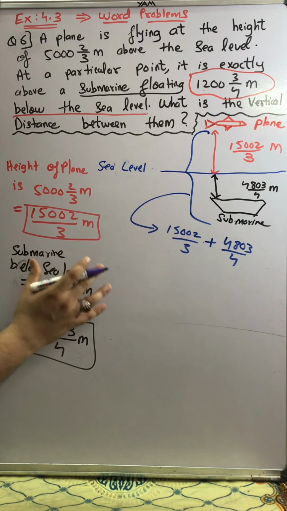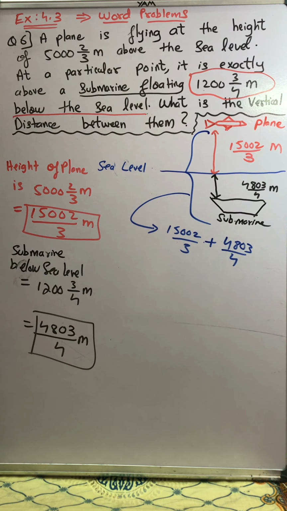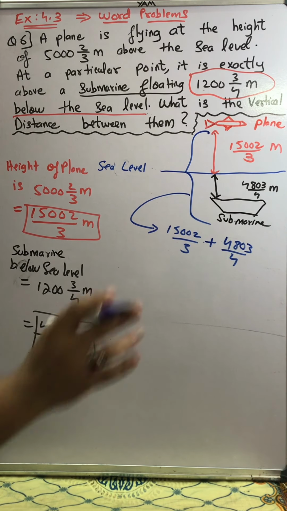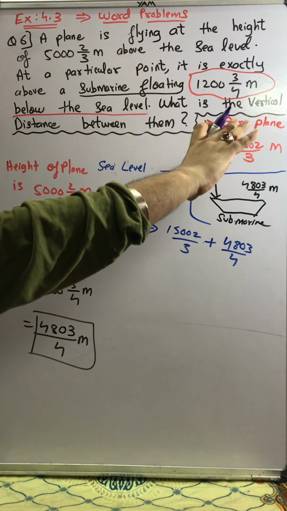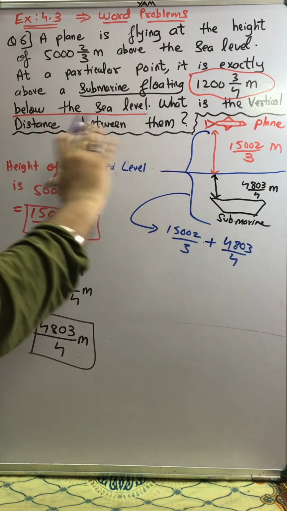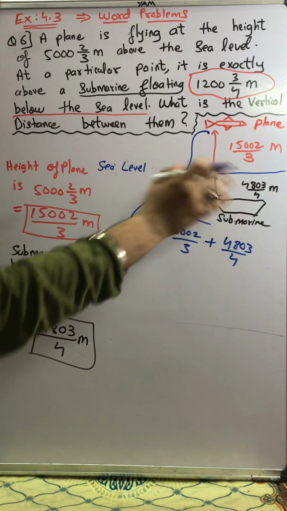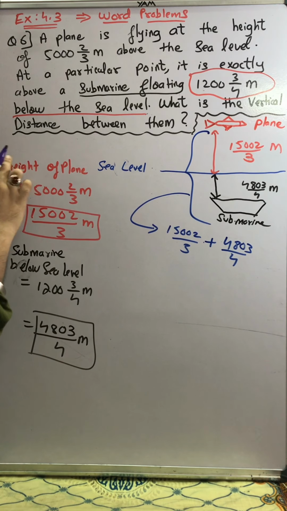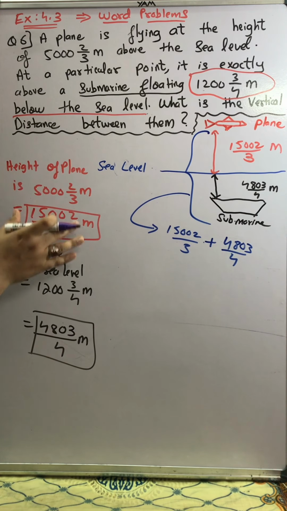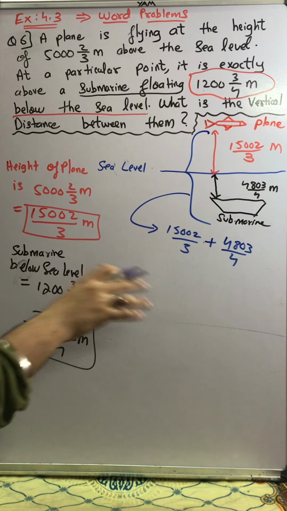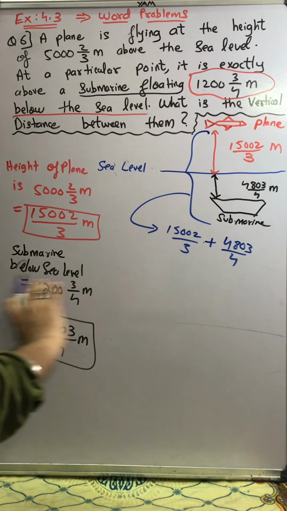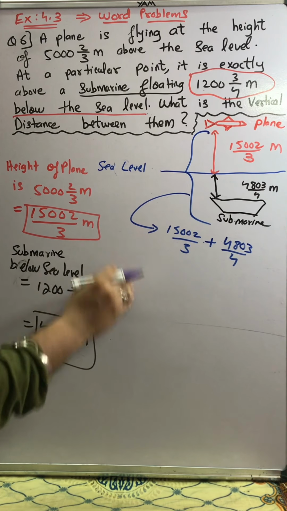So before starting the question, you should understand its concept. I once again repeat. First, in the entire width of the page, you will copy the diagram. Then leaving a line, you will write in this orange color the data about the plane horizontally. Leave a line, then you will write everything about the submarine. And then we'll start with the calculation.